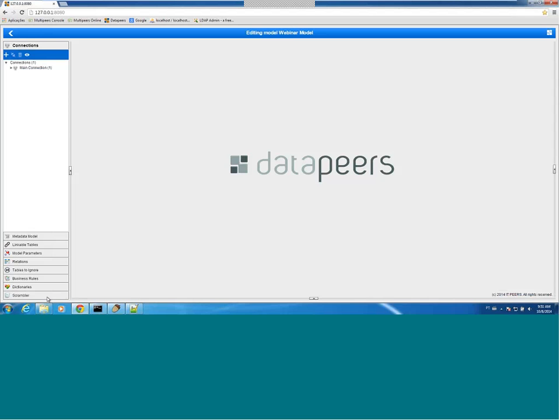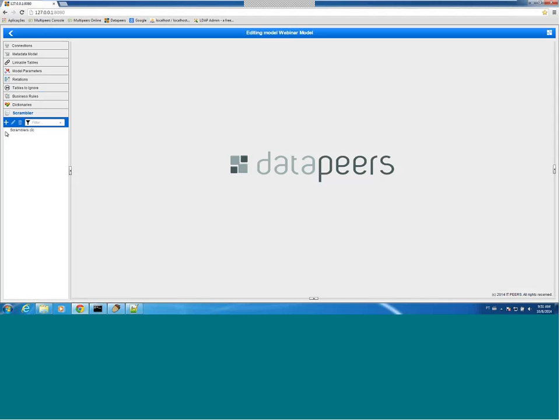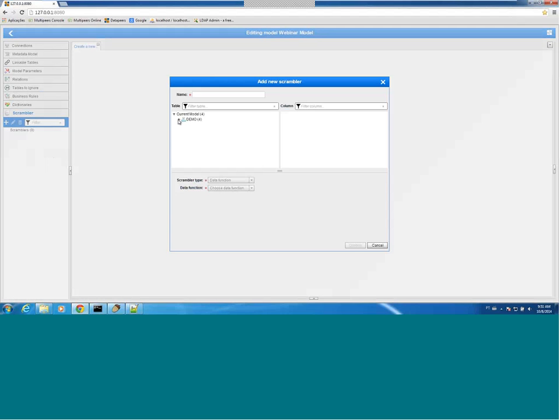And I'm going to create a scrambler. I want to create a scrambler here in the people table. I have other tables, they all look the same. So I just want to use this people table, which is simpler, and I want to mask the name of the people in that table. So this is name scrambler,